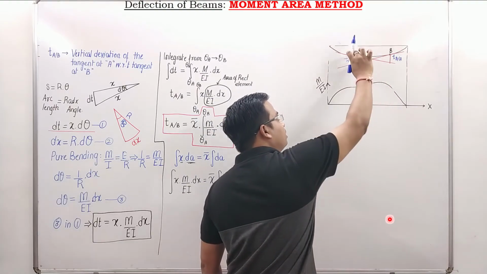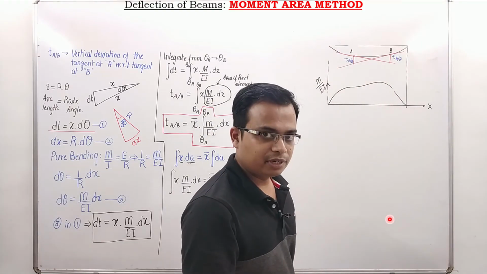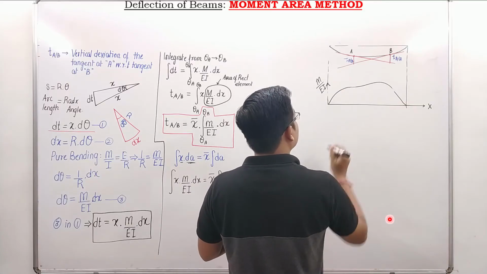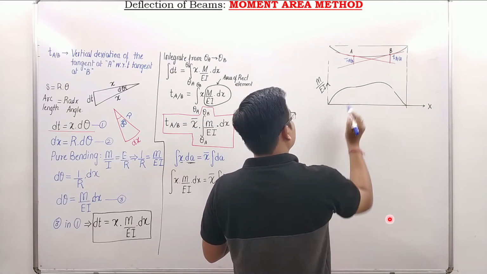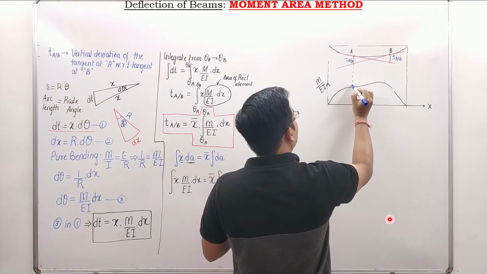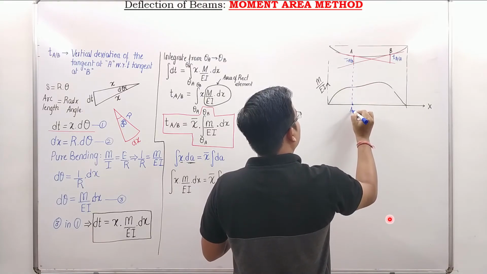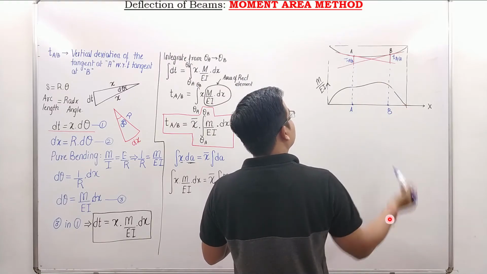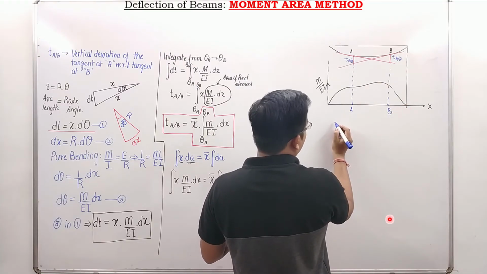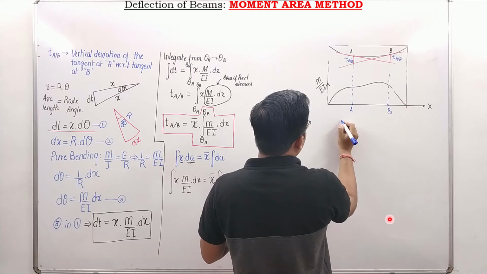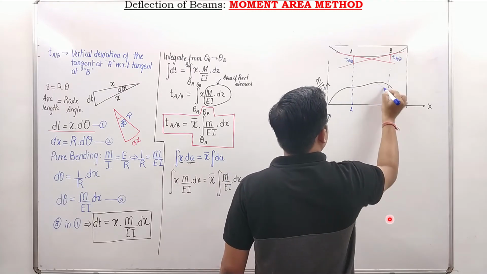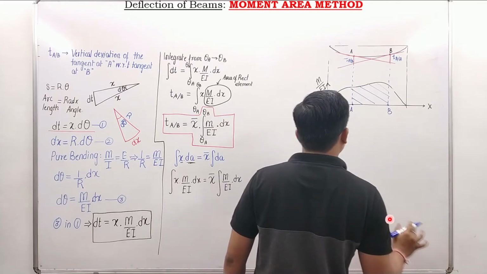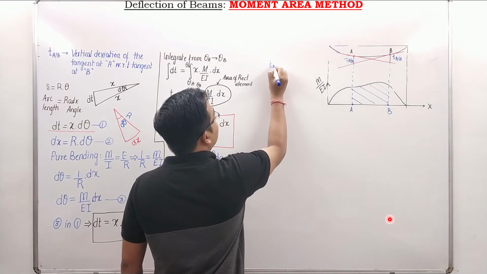Now, if you want to calculate this, what needs to be done? Let me tell you. Very interesting. Keep watching. If you want to calculate this, that's A and that's B. So if you want to calculate TA to B, what we shall write is this. That is the area first of all which you need to calculate. Let me write it over here. TA to B